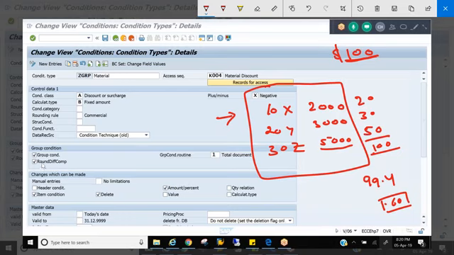If you activate this rounding difference comparison, then after proportionately distributing the discount, if any amount is left out, that amount will be given to the highest value item of the sales order. Whichever item has the highest value, this left out amount will be given to that particular line item, only when you activate this rounding difference comparison. Okay, you should activate it, right?